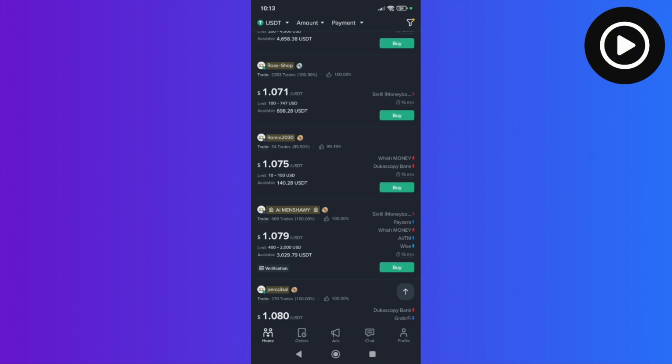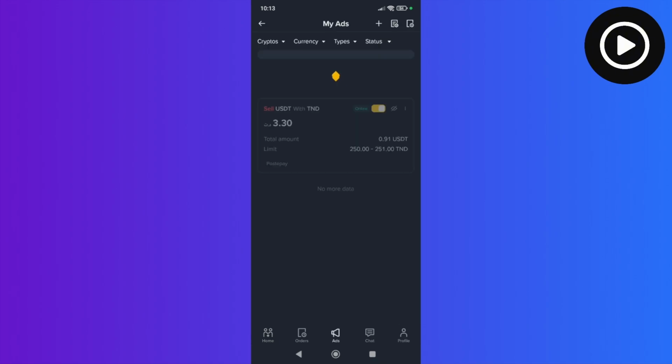And to do that, you want to simply click on the ads button here and create an ad to sell your crypto, and then just publish the ad and it should go live. And then you will receive a notification when somebody wants to buy, and then you can deal with them and